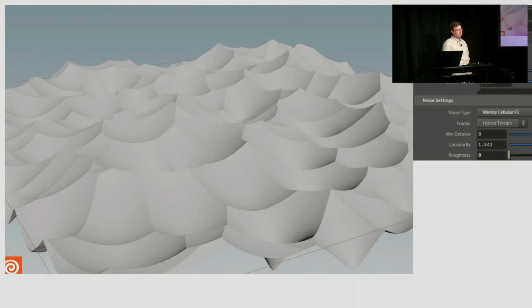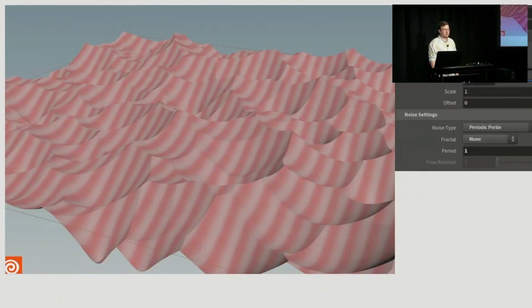We're going to go into noises today. I've spent the past 2 or 3 years just on the weekends learning noises and figuring out how you can use them in so many different ways, because they're so powerful for empowering our environments. So the first pass is we take our whirly cellular F1 noise, that's hard to say, and we pass a